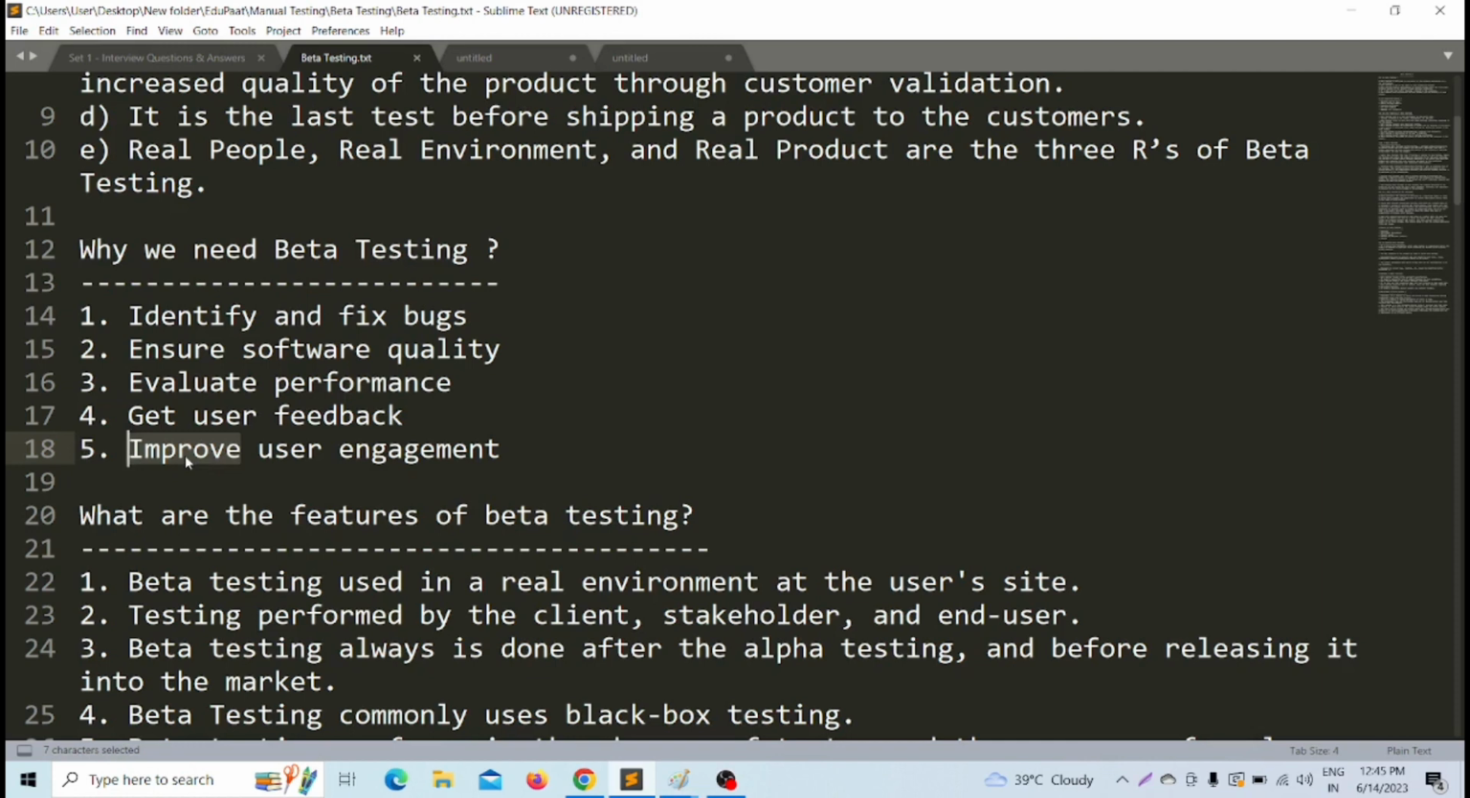Why is beta testing needed? To identify and fix bugs, to ensure software quality, to evaluate the performance, to get user feedback, and also to improve user engagement. Now I am going to give you some real-time examples